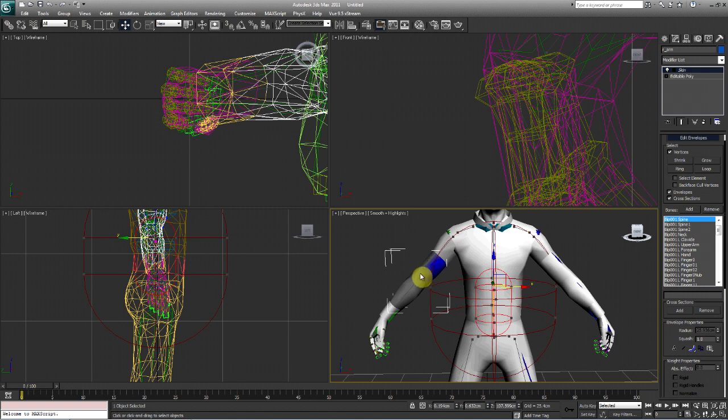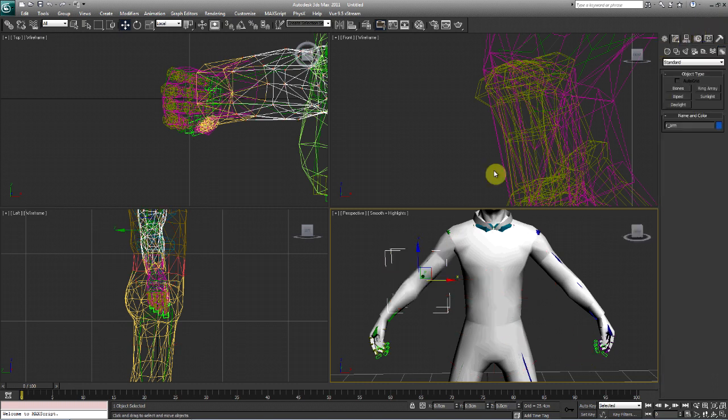So let me show you what would happen. So we have this arm selected. Say you started editing the arm thinking you have the right bone selected, but you actually have the spine selected. You move it up. Now watch what happens. Let's take this off.